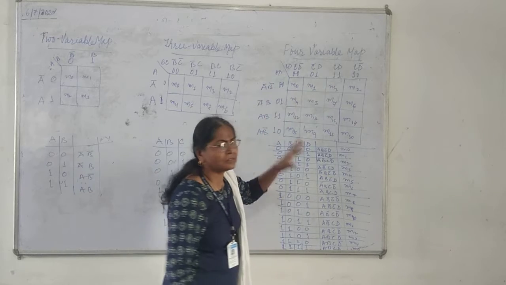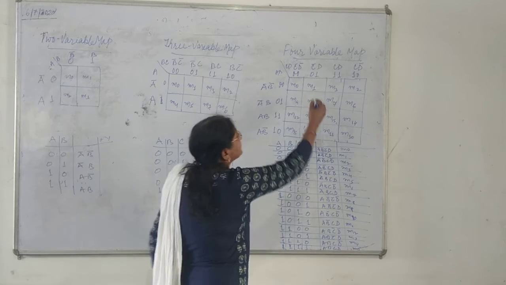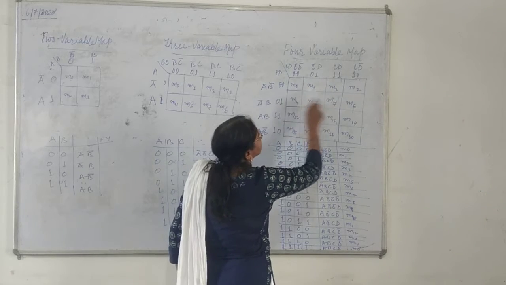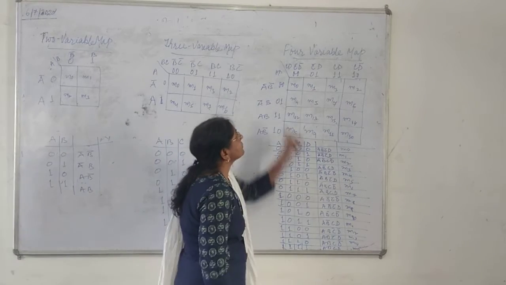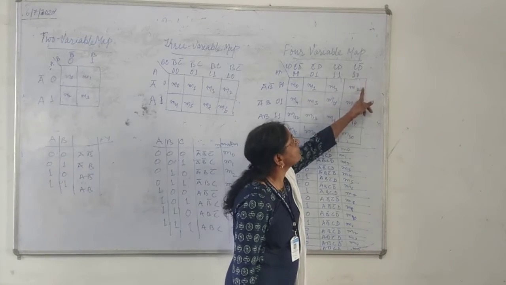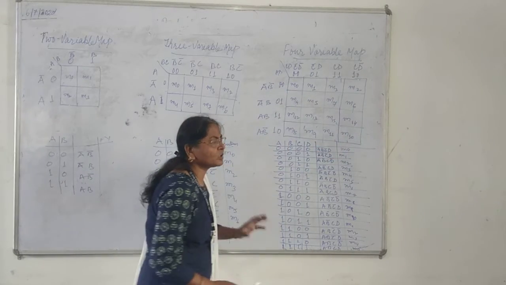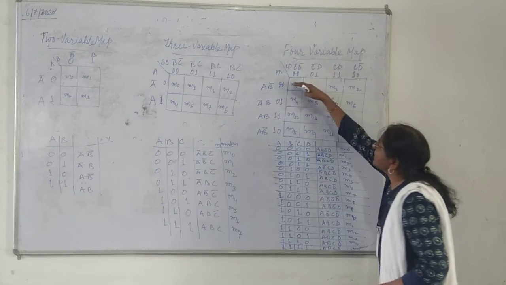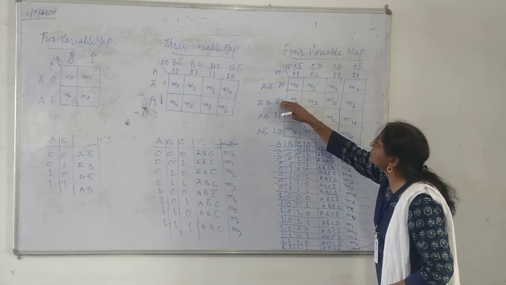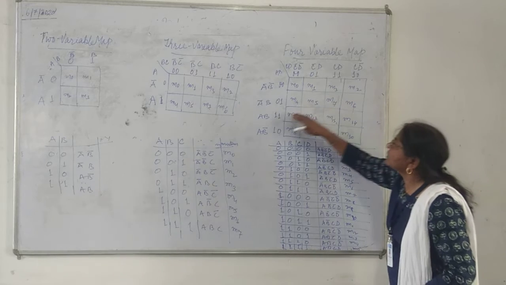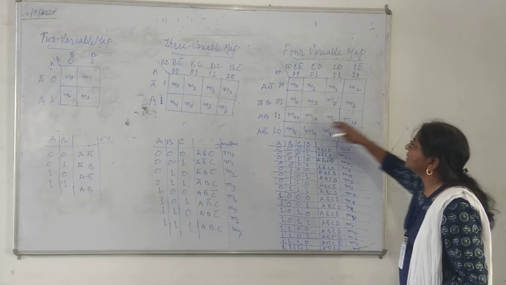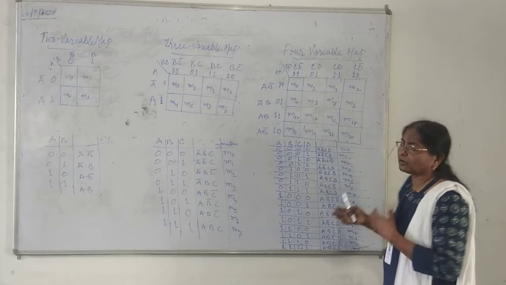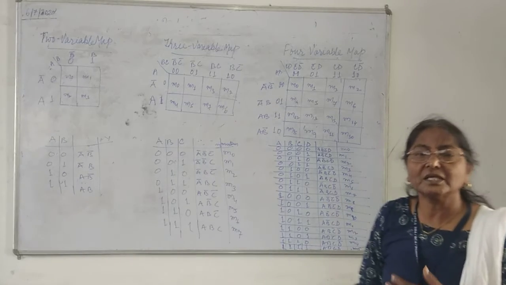Just you put, it is a very simple, easy thing. For this particular square, 0, 0, 0, 1, so it is 1. For this particular square, it is 0, 0, 1, 1, it is 3. And for this particular square, it is 0, 0, 1, 0, so it is 2. It means for the first row, the value of AB is always 0, 0. For this row, the value of AB is 0, 1. For this row, the value of AB is 1, 1. For this row, the value of AB is 1, 0. Just you can complement it, or you can say it in another way.